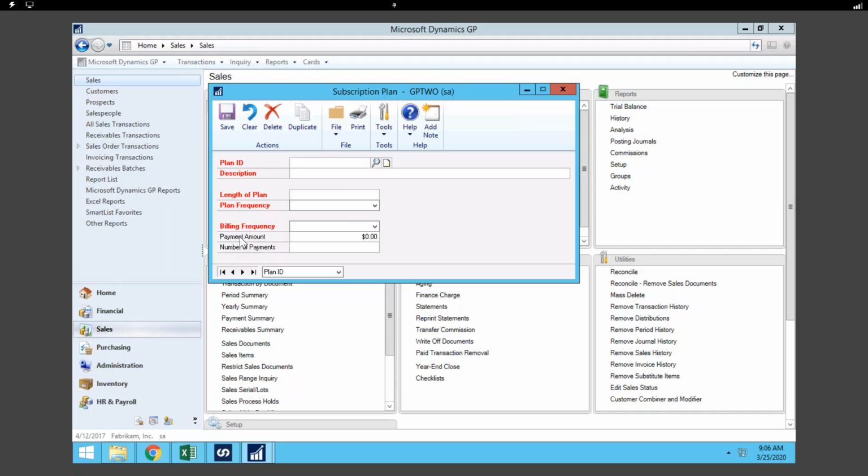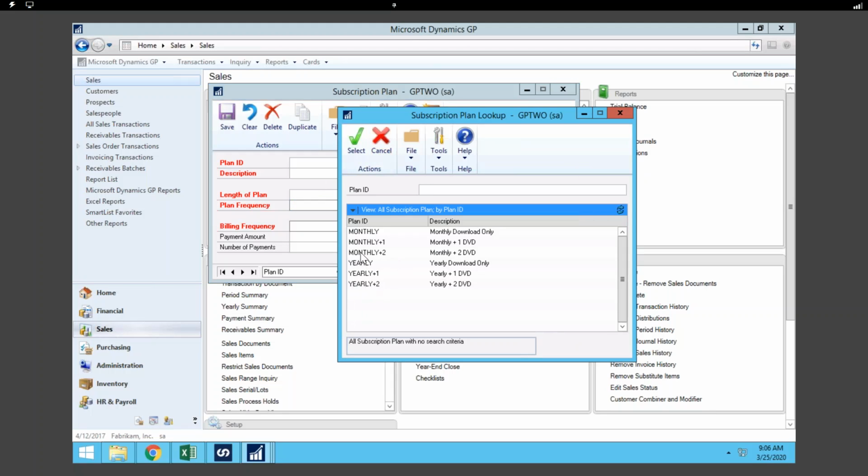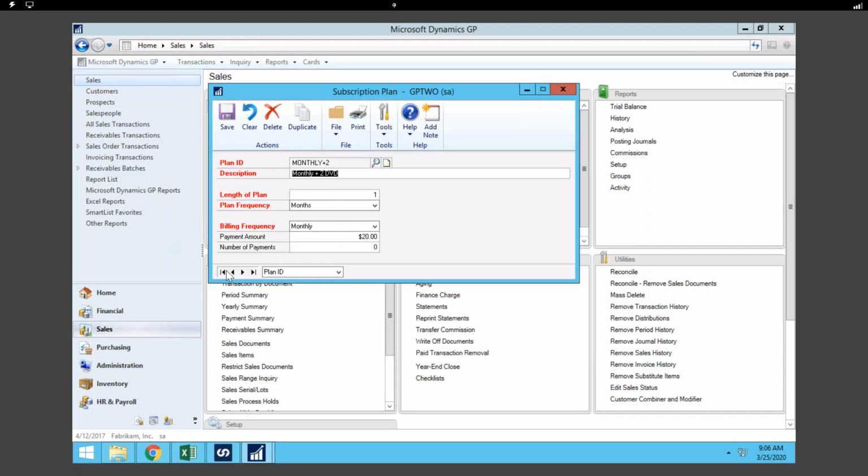All these red guys, these are required fields, so I can set my fields as required. And if you look at this window, it looks exactly like every other window in Dynamics GP. I've got the same toolbar across the top. I've got my lookup buttons that work. I can select an existing one. Okay, I can scroll back and forth through them. I can even sort by different fields on the window. Okay,